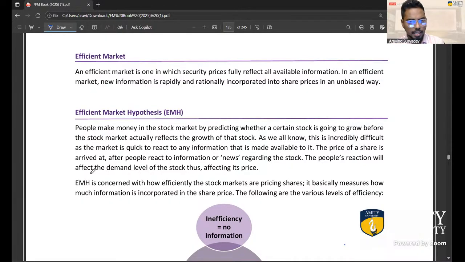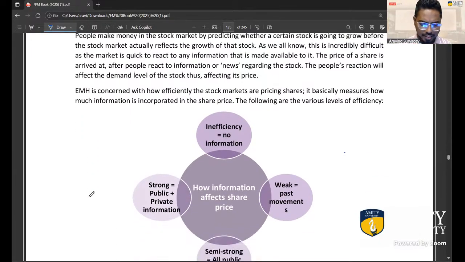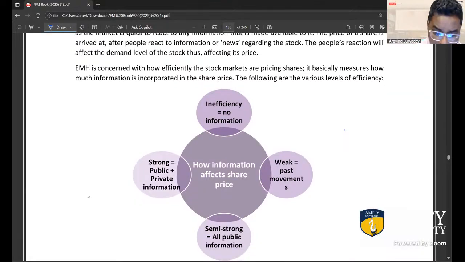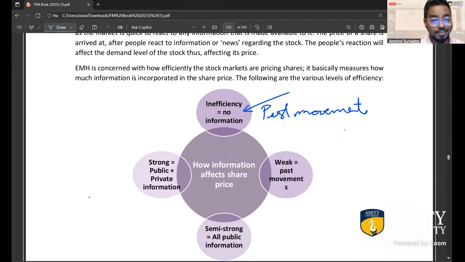So in a weak market or in a no efficiency market, actually, let's start with inefficiency. Yeah. If it is an inefficient market, there is no information that is taken into the share price itself. Share price follows a random walk. In such a case, yes, you can just keep track of the past movements by looking at the graph. You can understand or you can beat the share price just by knowing what was the history of the share price graph.